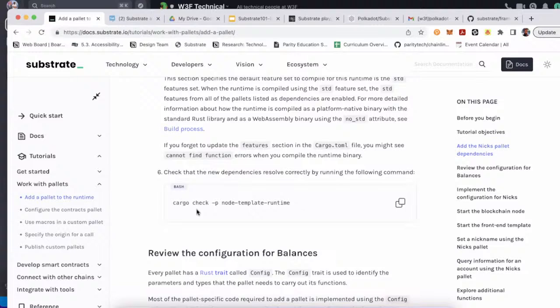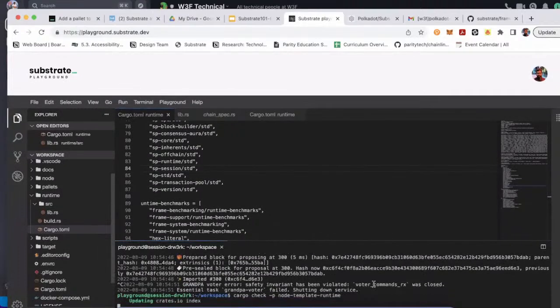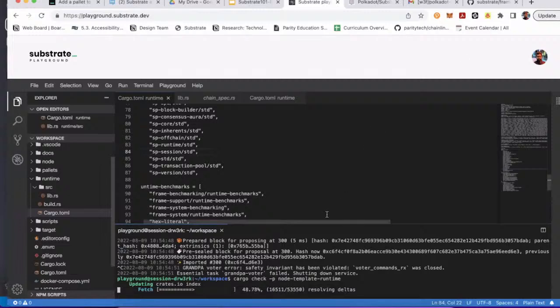For Rust, it's going to tell you if things are going to work well. So I'll copy that command. Done. Now Rust will faithfully check whether the dependencies that we just added are compatible with the